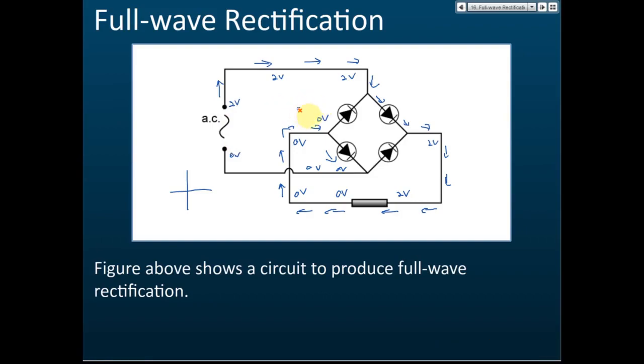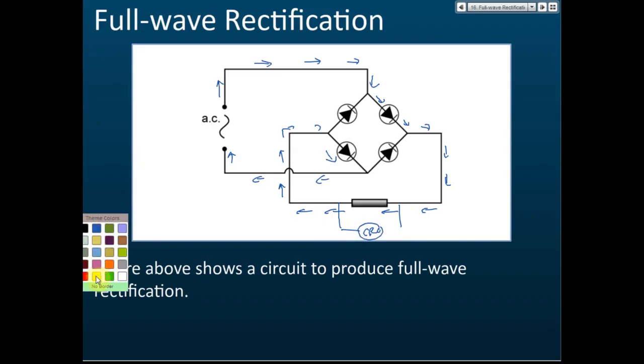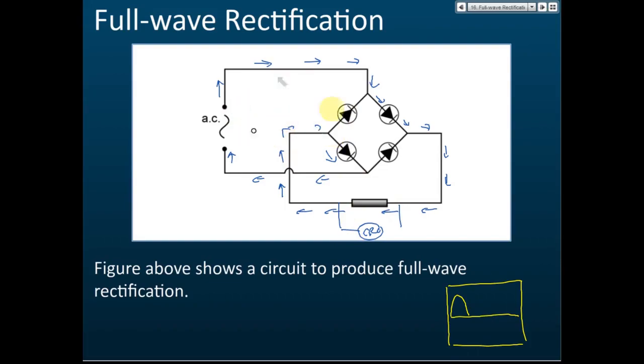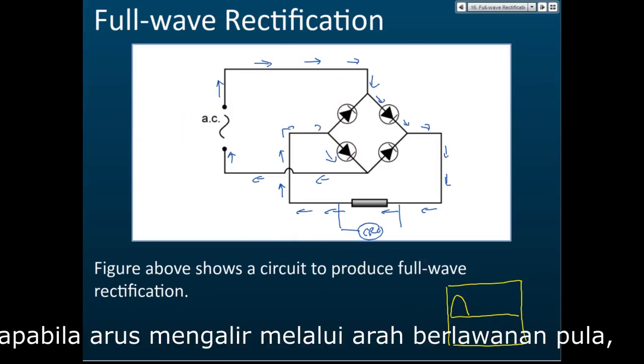Let me erase this. So then it goes here, and here. Now if you draw the graph, or if you connect this to a cathode ray oscilloscope, a CRO, you will get something like this. Because it flows clockwise, the current increases, decreases, increases, decreases, and you get something like this. Then when the current moves backwards, anti-clockwise,